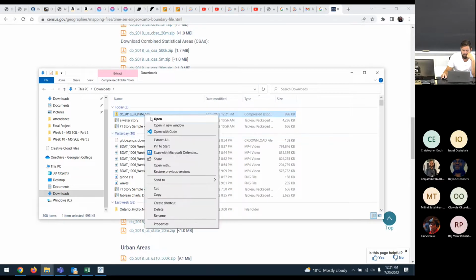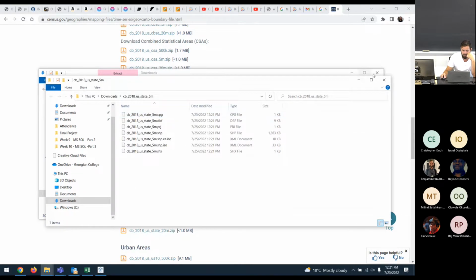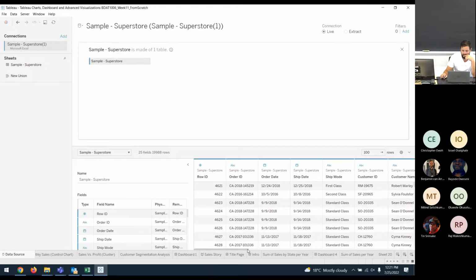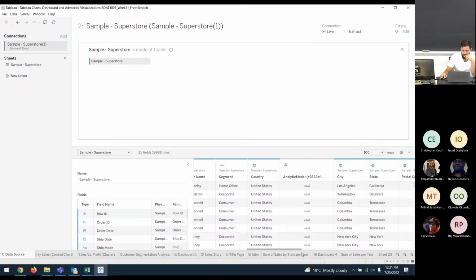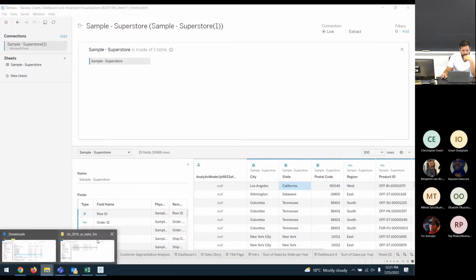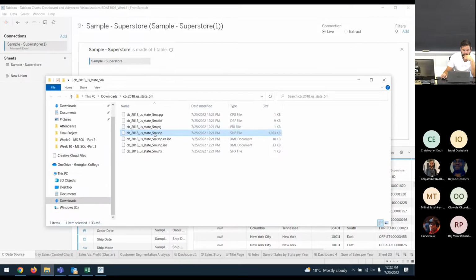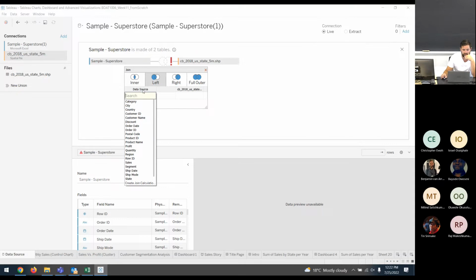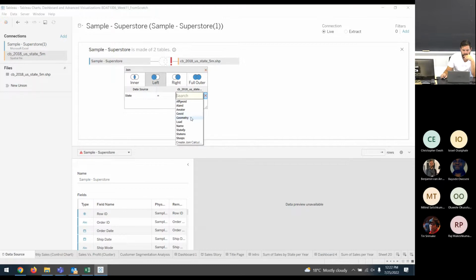do this. Extract all. Okay, and now we want to find the actual SHP file. Go to Tableau, data source, open this, take a look at the column we're going to want to join on, which is probably state name. Okay, go back to my file, drag it in here, and we're going to do a left join so we keep all the data from our sample superstore. And we're going to join on state, and I'm assuming